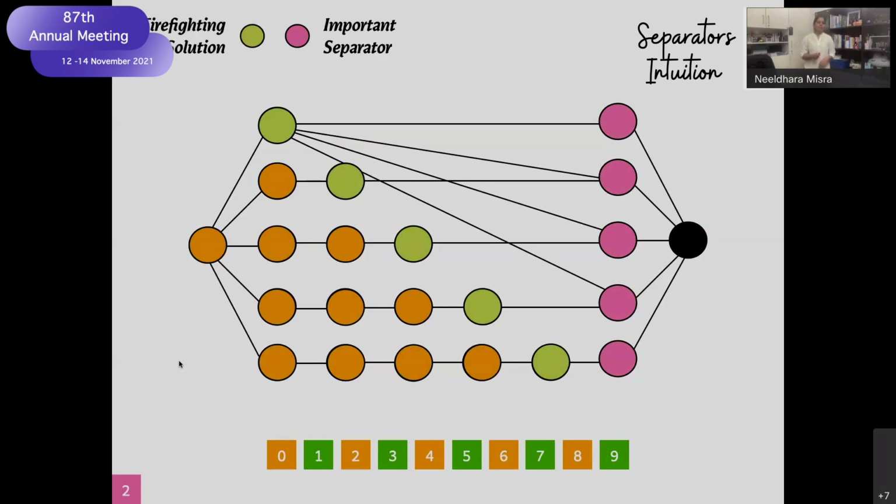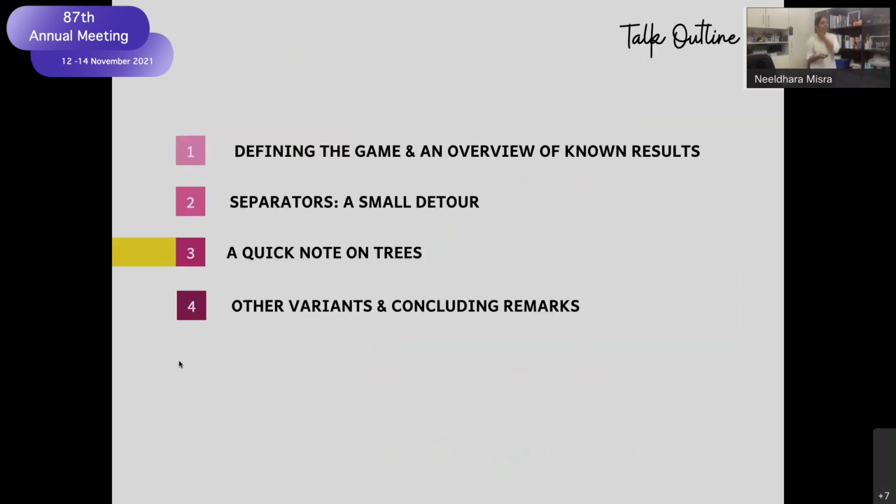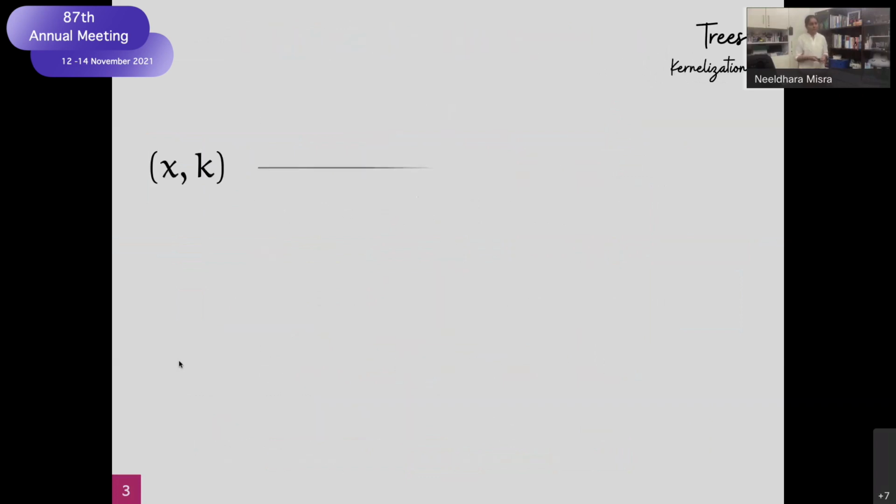So the point is that, yes, we are interested in placing firefighters on separators, but which separator should we work with? That's not completely clear. Not all separators are the same. And you could think about separators as roughly being of 2 sorts: the ones that are close to the source and the ones that are close to the critical nodes. And both of them have their pros and cons. And it requires a little bit of a balancing act to figure out which separators you should ultimately target. And that's kind of the core technical part of our contribution in trying to figure out what's the right thing